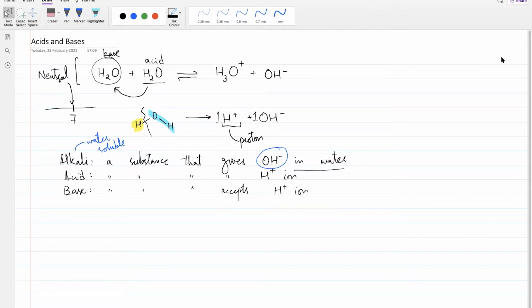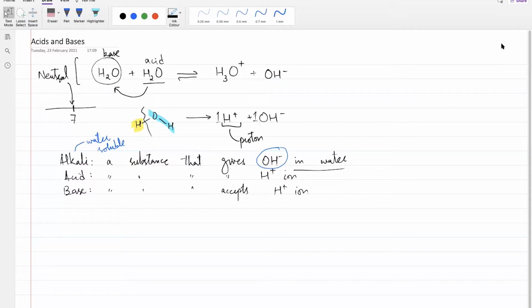And all other hydroxides, mind you, they are not soluble. They don't dissolve in water. Okay, so they're going to be insoluble. Okay, so we have alkali, we have acid, we have base. The key term to identify whenever you have an acid-base reaction is, did that thing lose H positive or did it not? If it did, it is acid. If it took it, if it accepted it, it is base. And if it did that in water, or if it gave hydroxide ion in water, it's the alkali. So the water part is important there.